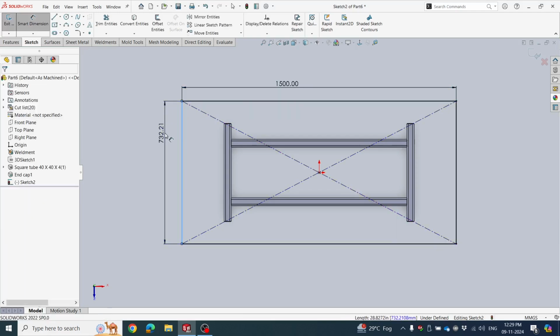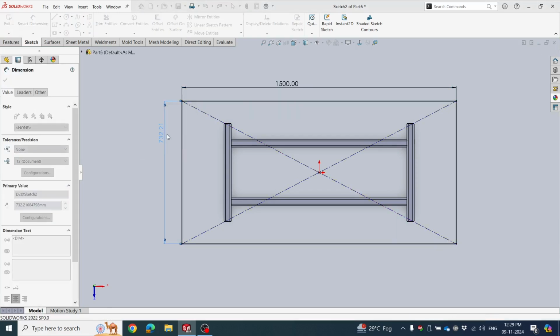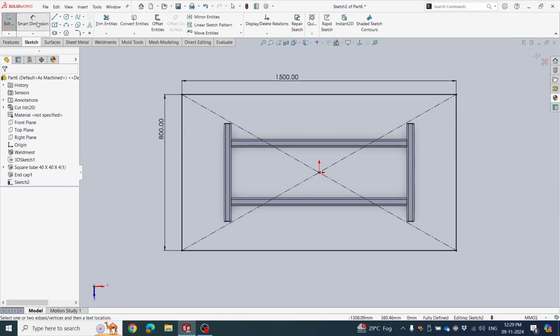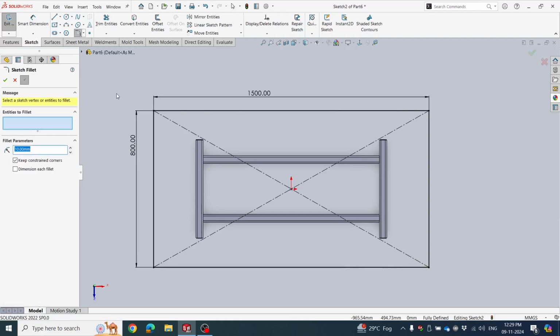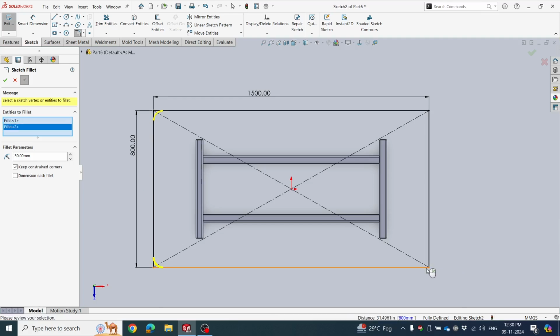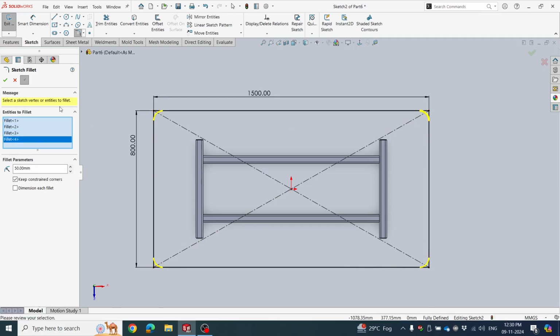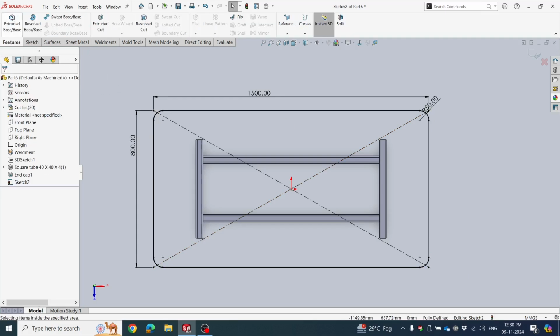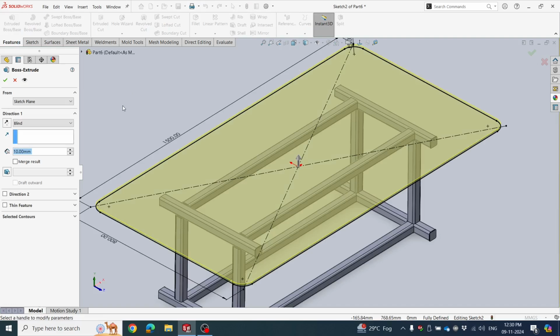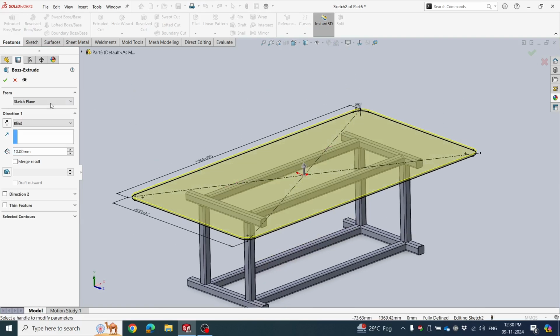Again here click extrude, 10 mm in upside. Click